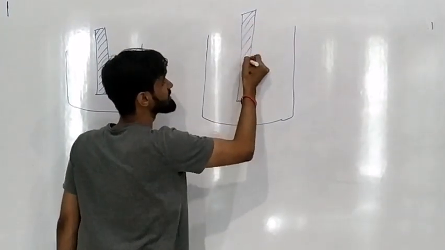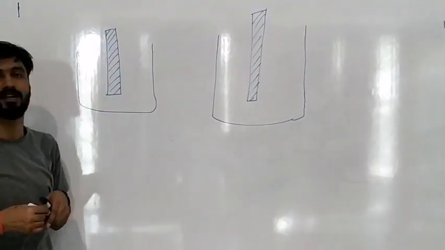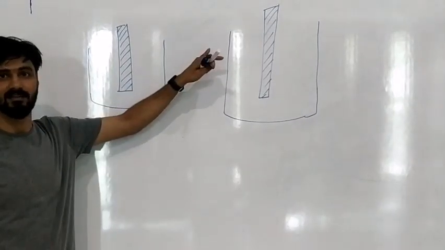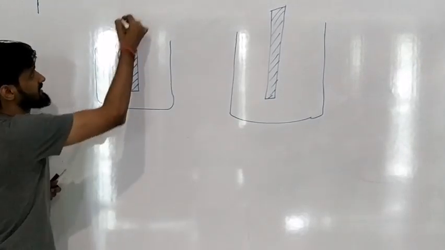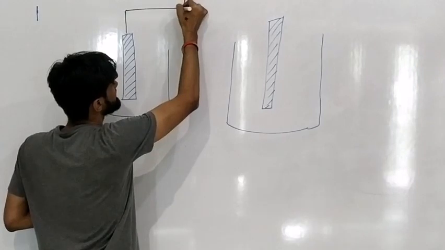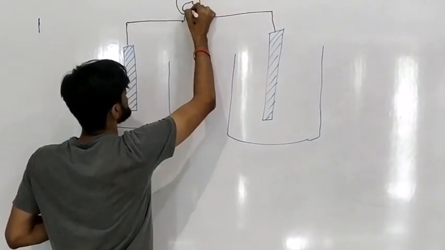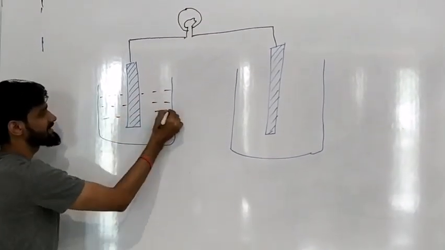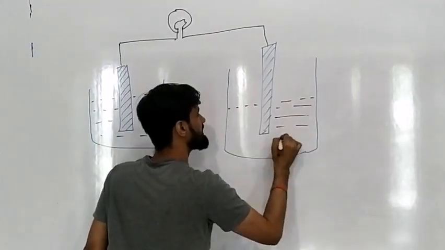Now I am not drawing the salt bridge, because each and every time the diagram becomes very bulky. So just understand there will be a salt bridge for the completion of the circuit. That's why I am not drawing it. Now I am connecting this cell with the help of an electric bulb. In this compartment I am taking an electrolytic solution. Here there must be an electrolytic solution